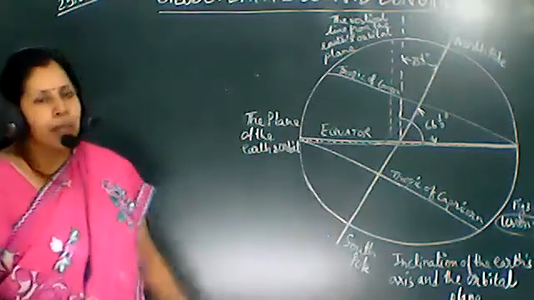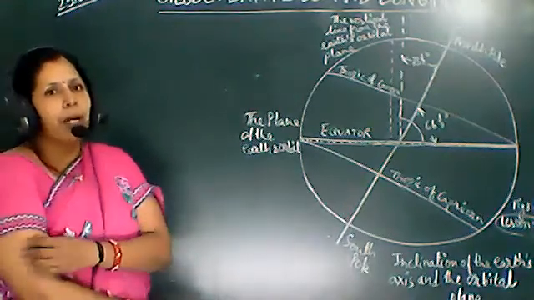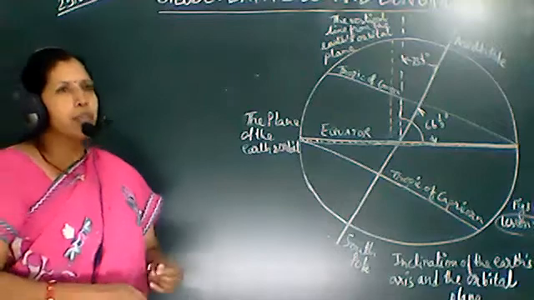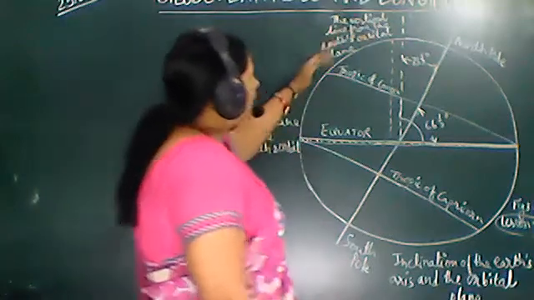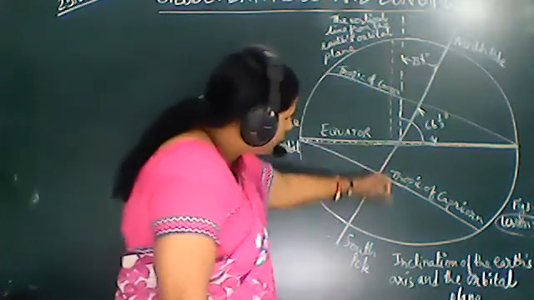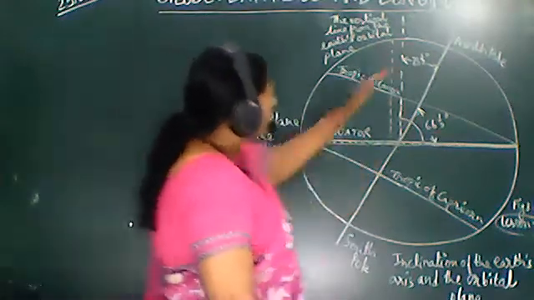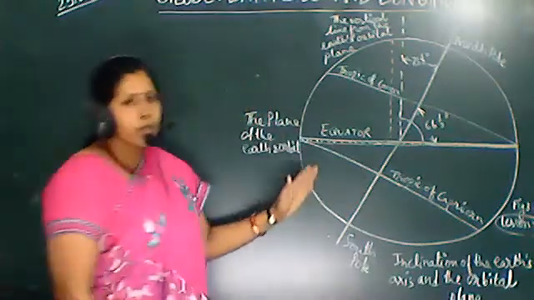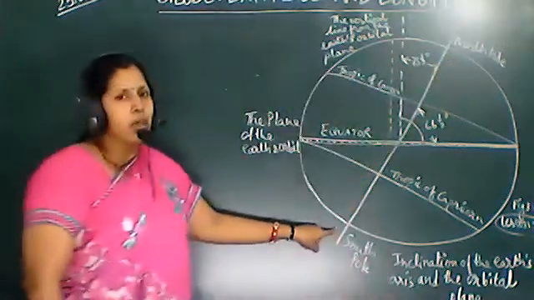In lesson 3 of your geography book, you will get this figure as figure 3.1. You can go through figure 3.1 and understand the vertical line from the Earth's orbital plane. This is the vertical line which divides the Earth into two equal halves, the eastern hemisphere and the western hemisphere, and this is the axis, the inclination. The topmost part is called the North Pole and the lowermost part is called the South Pole.